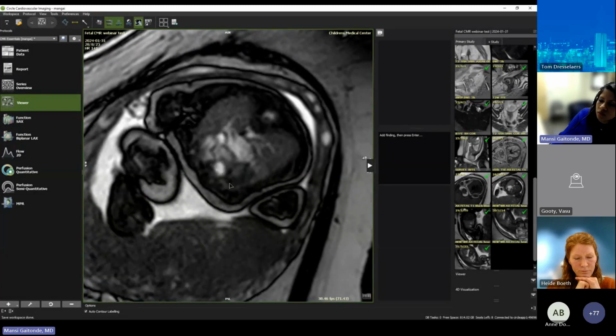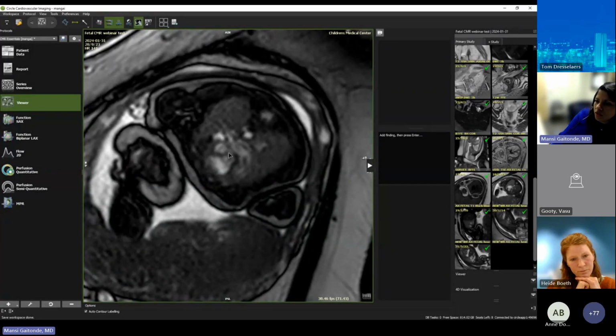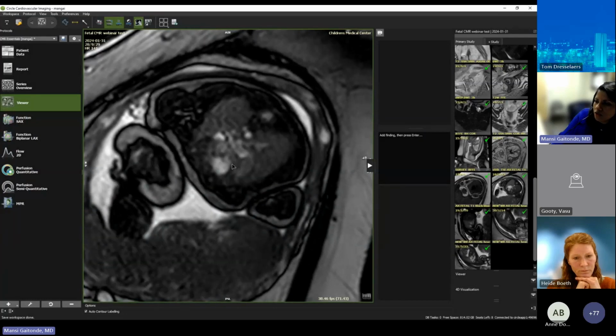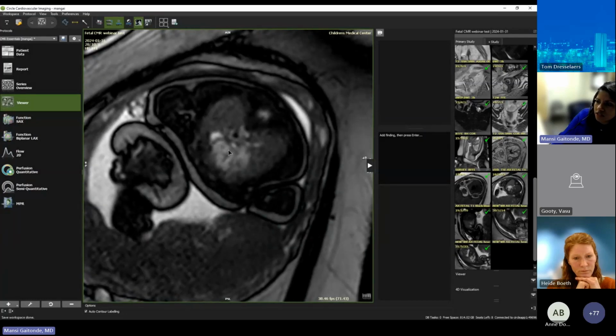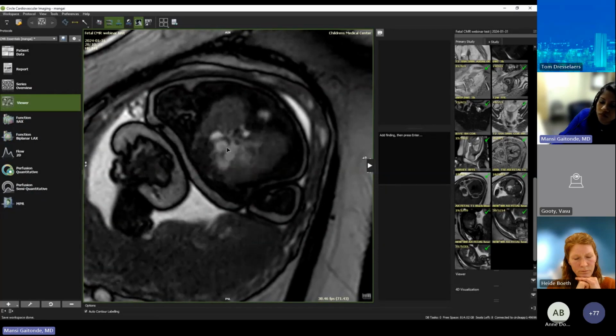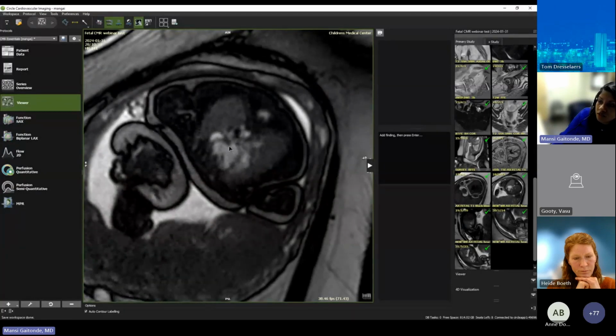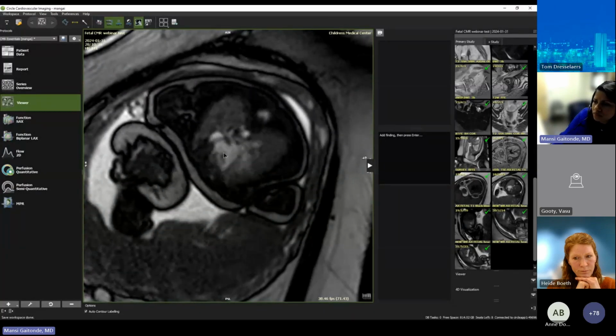As we're coming more superiorly, you start to see the pulmonary outflow, and here is where we're expecting the aortopulmonary window to come into view, and there's a deficiency in the septum, in this wall here between the aorta and the pulmonary artery. This was the location in which the aortopulmonary window was located, and it's quite big.